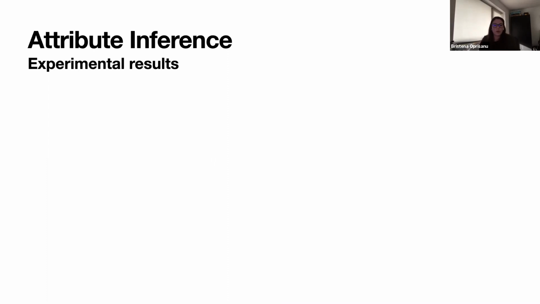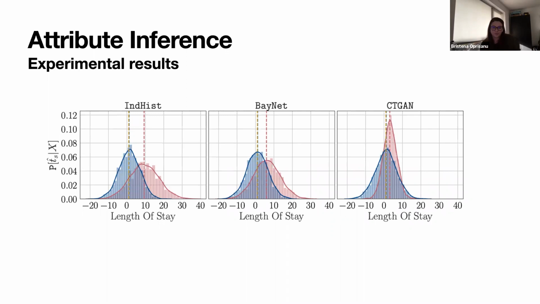So in order to illustrate what this variation means, we also want to visualize the adversary's posterior distribution over the secret of an example target in the Texas dataset for a fixed training data set and the sensitive attribute length of stay. And here, the blue line shows the value of the secret when computed on the raw data. The red line shows the value of the secret when computed on the synthetic data, and the yellow is the true value of